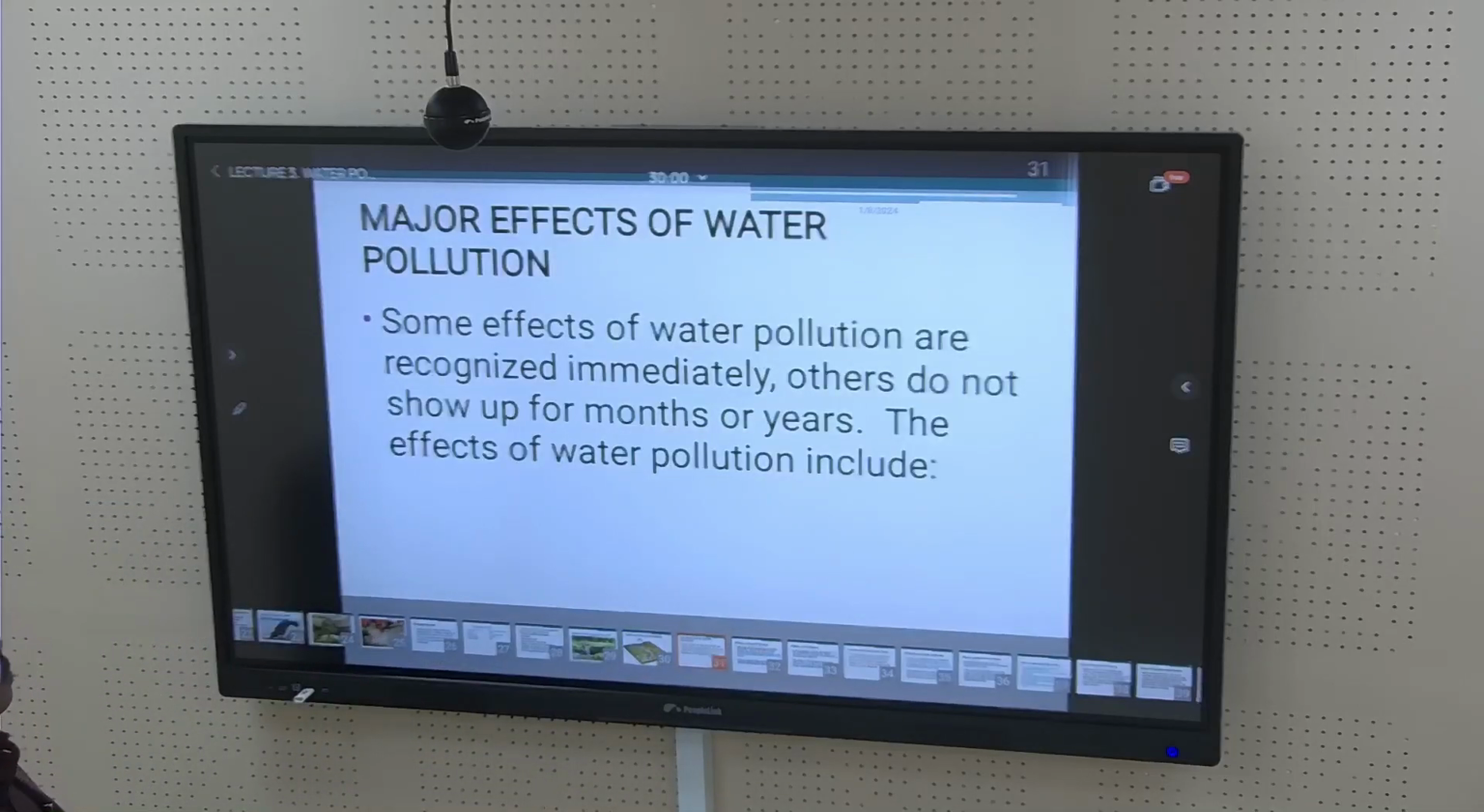So the major effects of water pollution. Let's now see the major effects that are due to water pollution. Some effects of water pollution are recognized immediately. Others do not show up for months or years. The effects of water pollution include